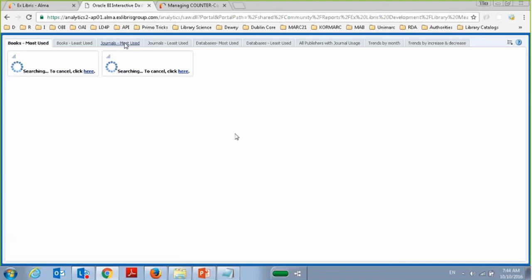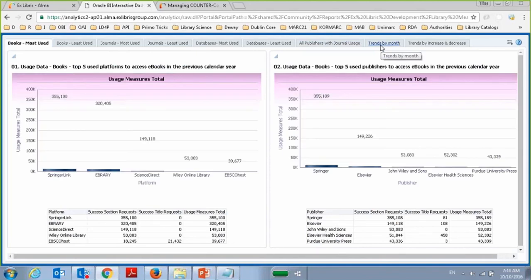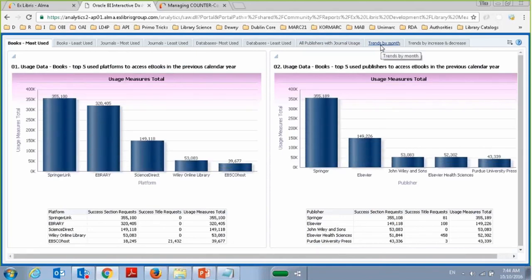While that's loading, let's talk. Then we've got on the journals, which is JR1. We've got on the databases, which is DB1. All publishers for journal usage. Trends by month. Trends by month shows usage all across the board by month. So here we see, for example, these are the books, the top 5 used platforms for books. In this specific demo environment, we've got Springer Link, eBrary, Science Direct. They're the biggest. If we switch to databases,